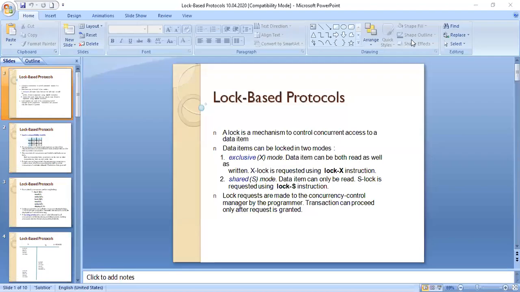Hello everyone. Let's discuss log-based protocols. See, generally, when you consider